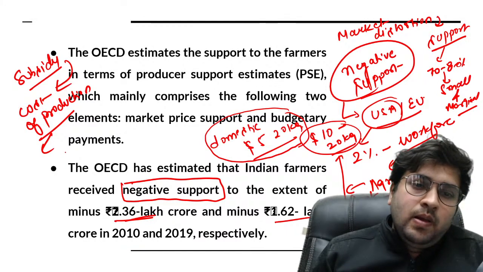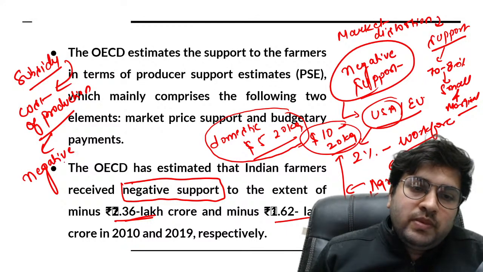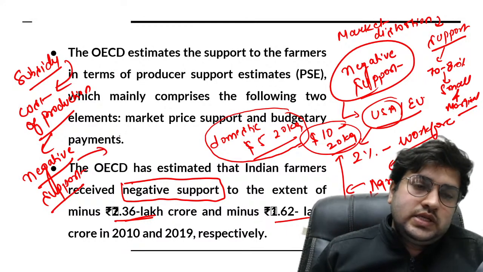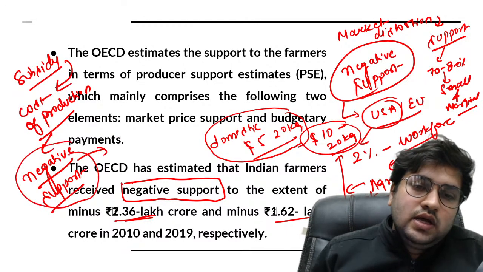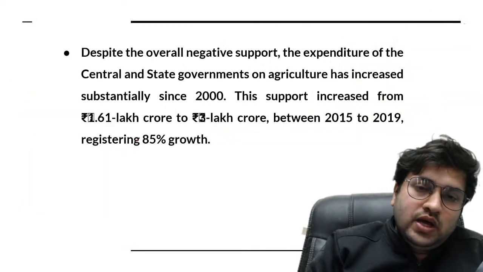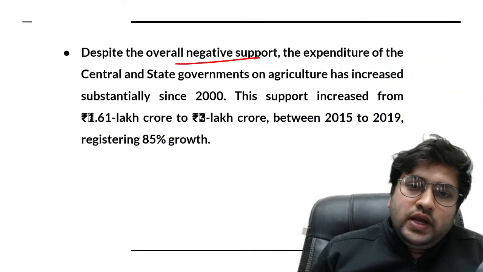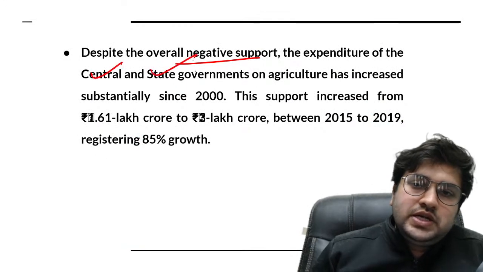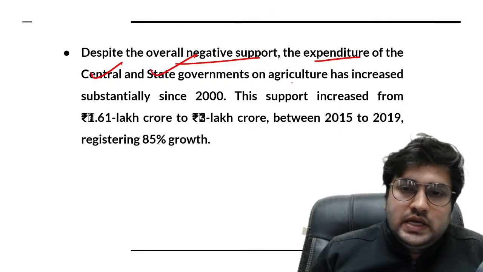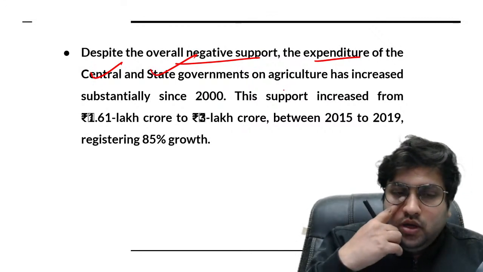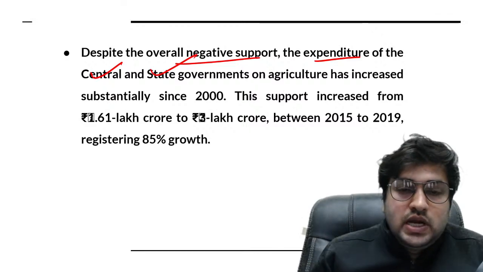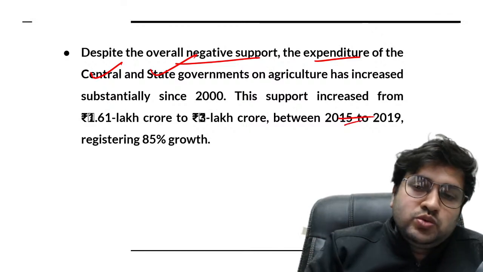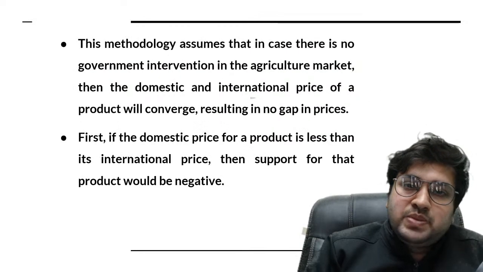This has been highlighted, and the kind of support provided by the government to the farmer, we call this negative support. As per OECD or other international agencies, they call it a kind of negative support provided to the farmer. So despite overall negative support, the expenditure of many central and state governments in India on agriculture has continuously increased. Their support rose from rupees 1.61 lakh crore to rupees 3 lakh crore during the years 2015 to 19, registering 85%